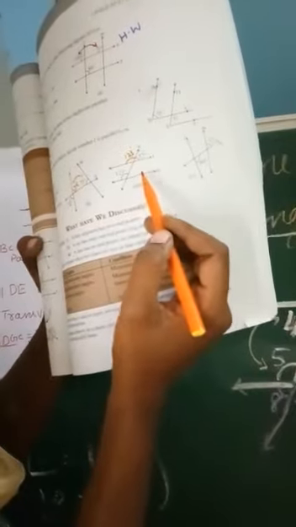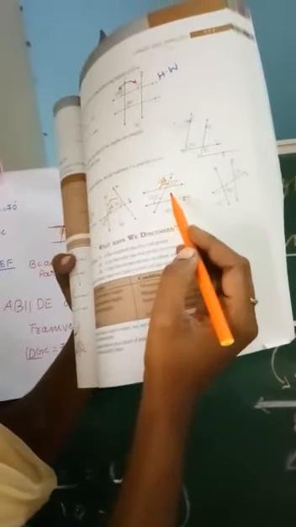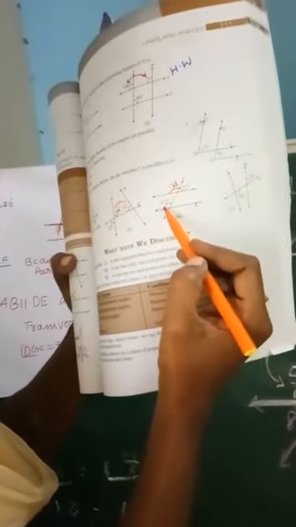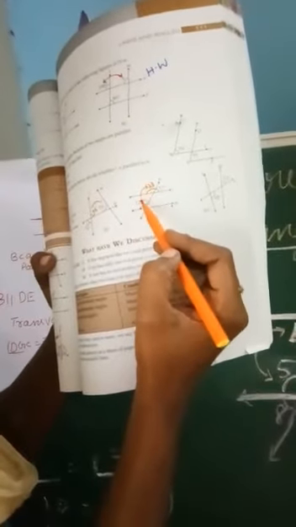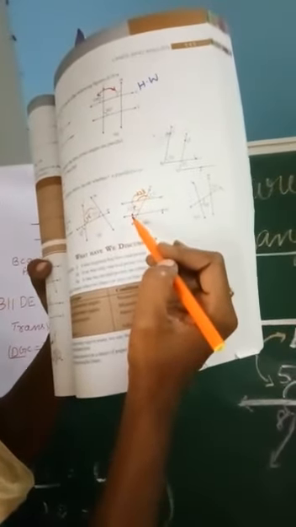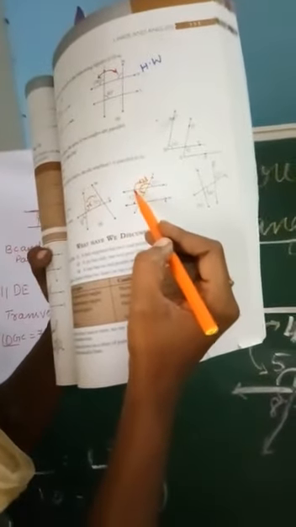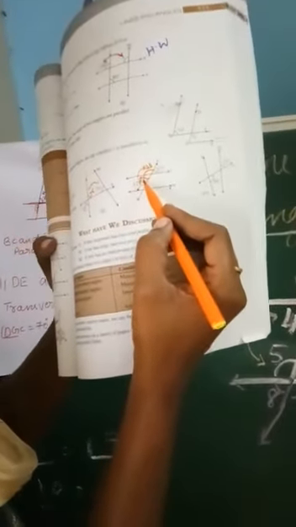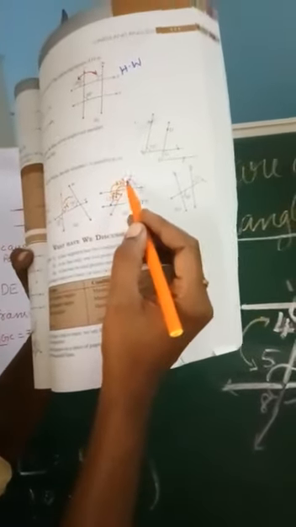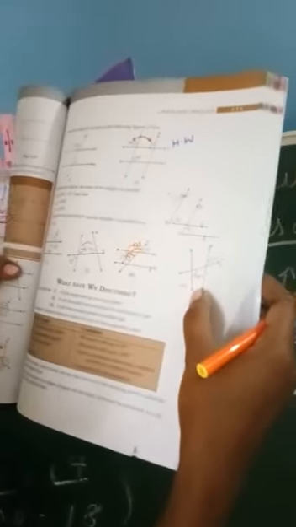Here the third question: L and M are parallel lines and N is the transversal. Here they have given this angle is 123 degrees. What about this angle? 123 degrees, because corresponding angles are equal. What about this angle? 57 degrees, because vertically opposite angles are equal. 123 degrees plus 57 degrees is equal to 180 degrees. Then you can easily write that the given lines are parallel. So children, try the last question yourself.